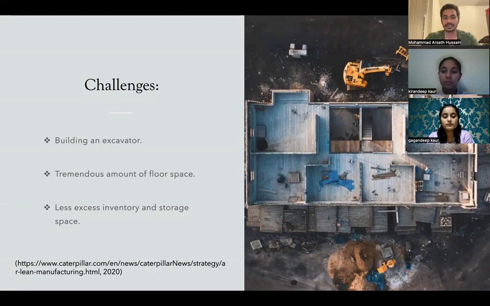Victoria's assembly plant has two sub-assembly lines. One of them was for booms and another was for sticks. They have been trying to sort it out by managing work in process,